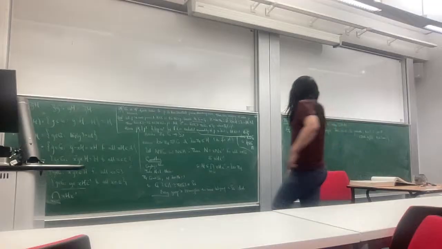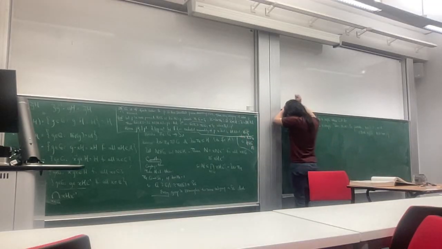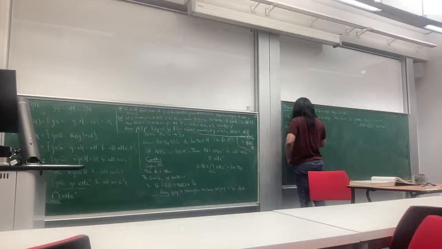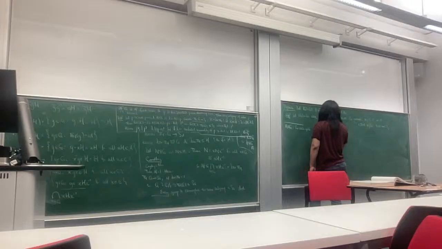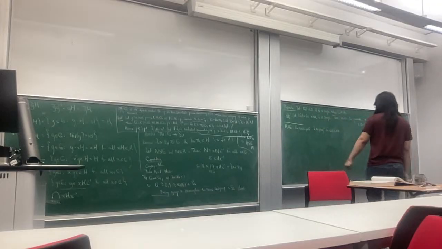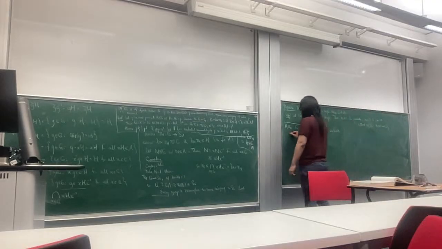It's just the first isomorphism theorem again. Let H be a normal subgroup of G, and then I consider for each g in G, g dot h is equal to g h g inverse, so h gets mapped to g h g inverse for all h in H. Then consider the map from